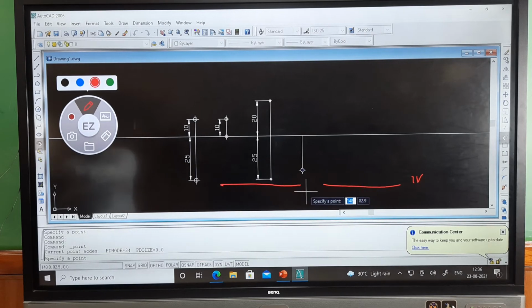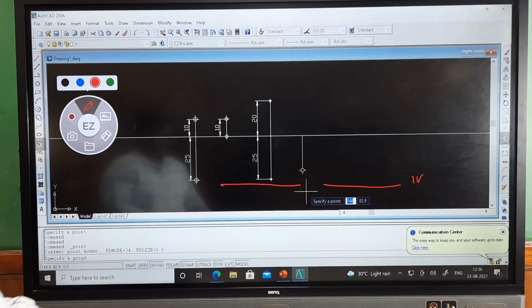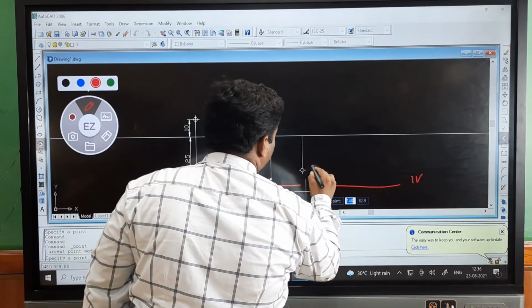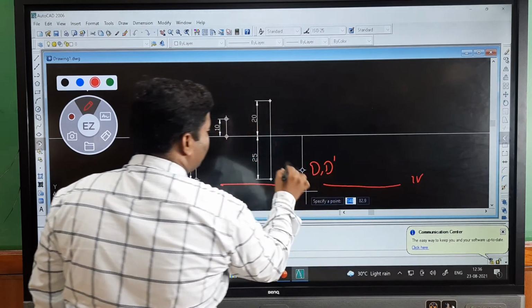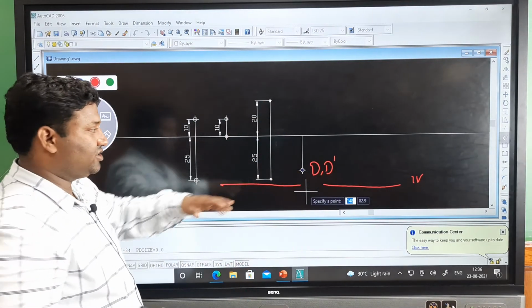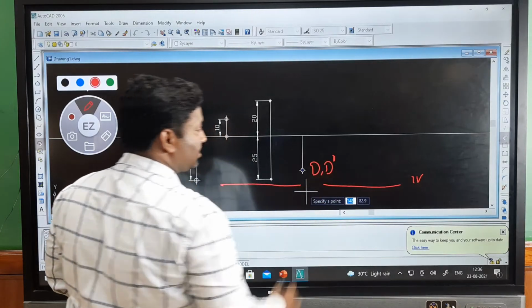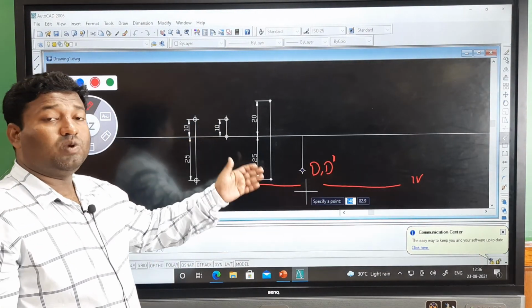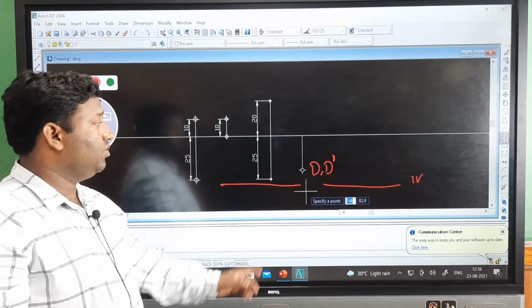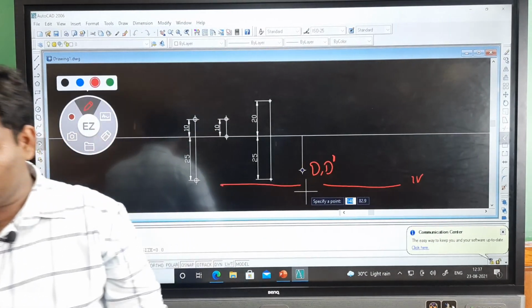Here I have to give the text, D comma D complement. Why I am writing D comma D complement here: it is 20 mm below the HP, and below the HP we represent with the complement, and 20 mm in front of the VP. In front of the VP means simply we put the D.